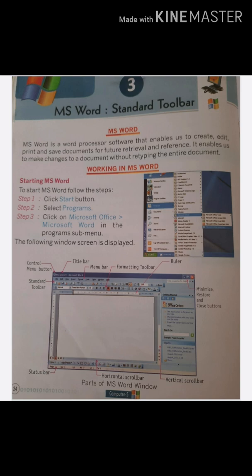To close your document, the steps are as follows. Step 1, select File, then select Close. Step 2, in case you forget to save your file before closing, a message box will appear. Click the Yes button if you wish to save the changes, or click the No button if you do not wish to save changes. To exit MS Word, you can use the shortcut Alt plus F4 to exit from Word, or click the Close button in the upper right corner of the Windows screen.